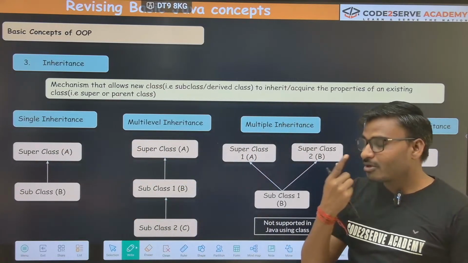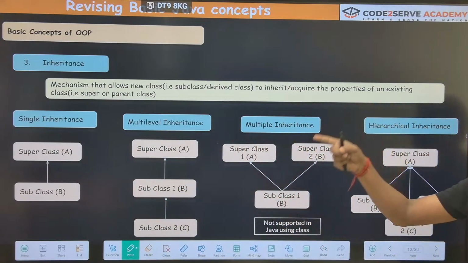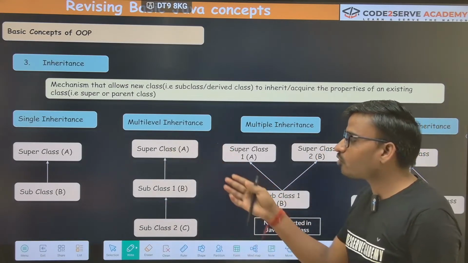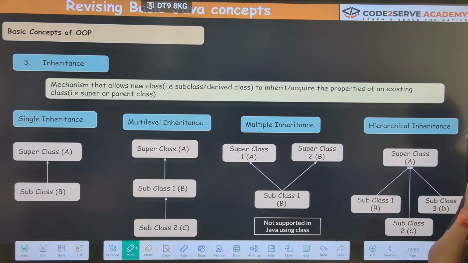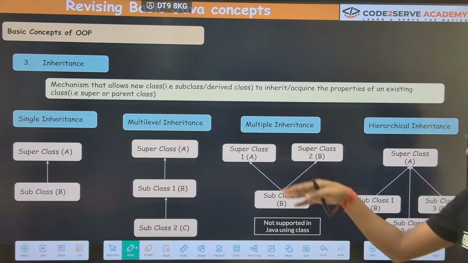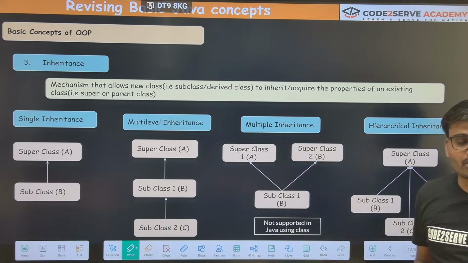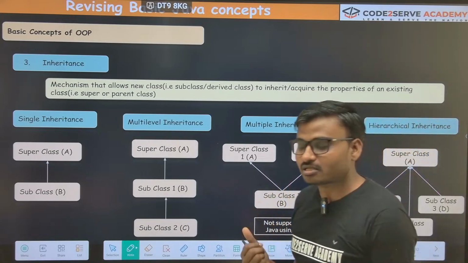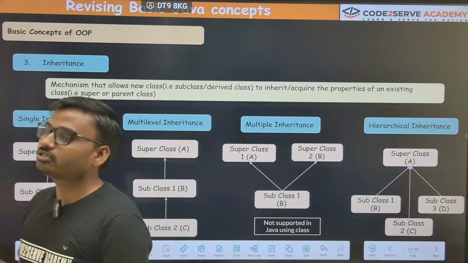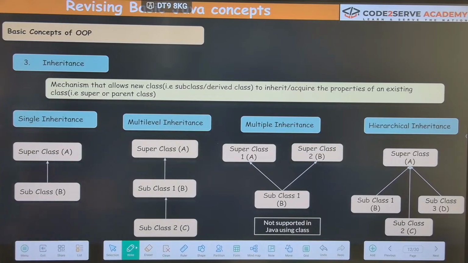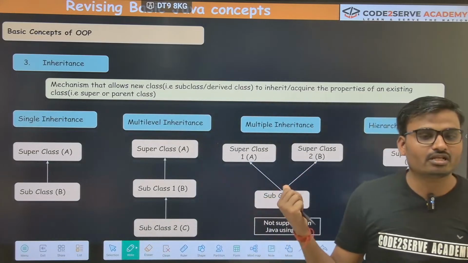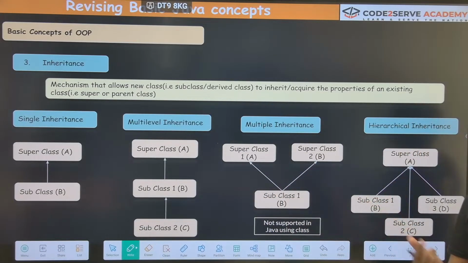Here we'll learn about the different types of inheritance. This is not written in your book, but I'm giving an example of how things happen and what inheritance we have in Java. For your exam point of view this is not important, but for your concept point of view this is very important. So you should know what inheritance types are supported in Java. Mostly in class 11th, if you take computer science, you will learn this, or otherwise in engineering.